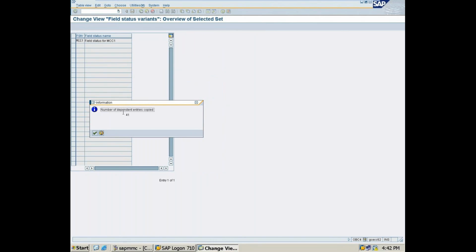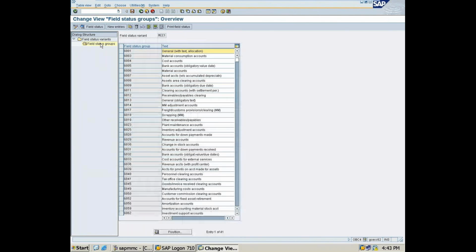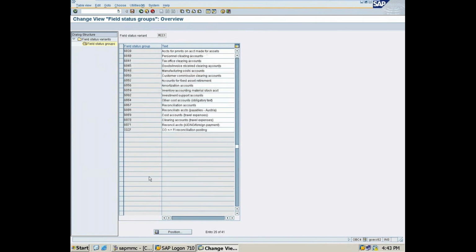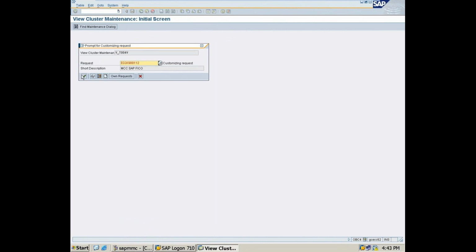So it will show you 41 entries are being copied. Tick. If you want to see what all the entries are, select that and double click on field status group. It will show what all the fields are there. Once save. After that, save.